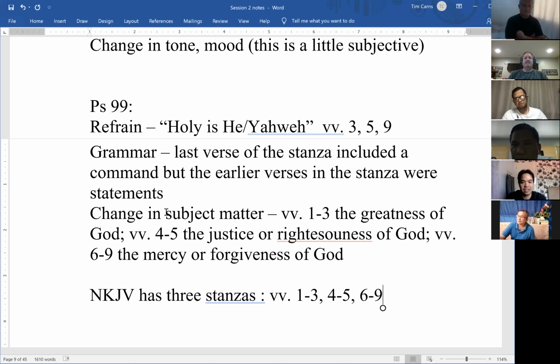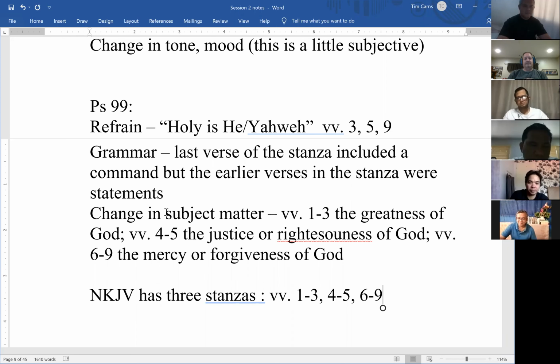I had a very hard time seeing a structure there, where verses 1 to 4 are the first stanza and 5 to 10 or whatever. It seemed like a man who was really just pouring out his heart before God and begging for God to forgive him. So not every psalm is going to have a clear structure with obvious stanzas. Most do, but just keep in mind some do not necessarily. Especially if you have a short psalm, like Psalm 117. It's 2 verses, so you're not going to have 4 stanzas there.